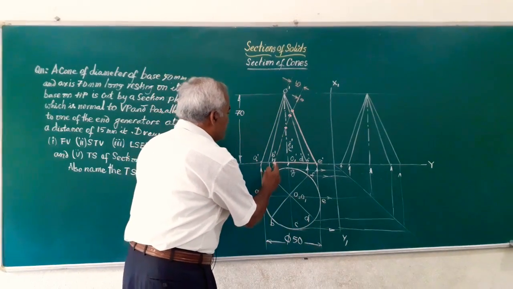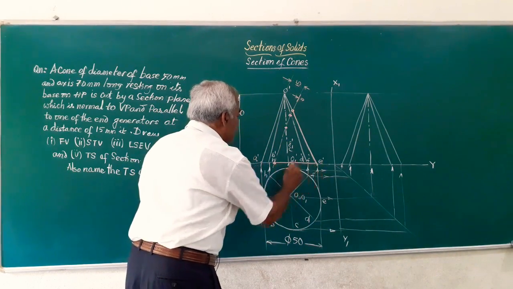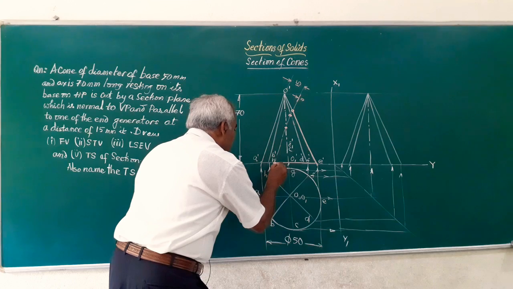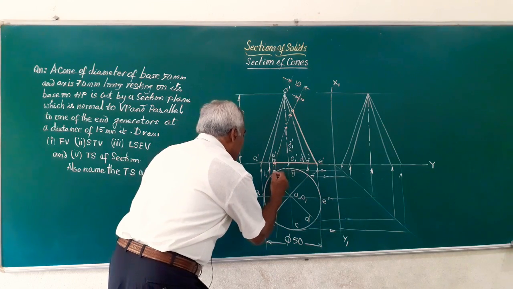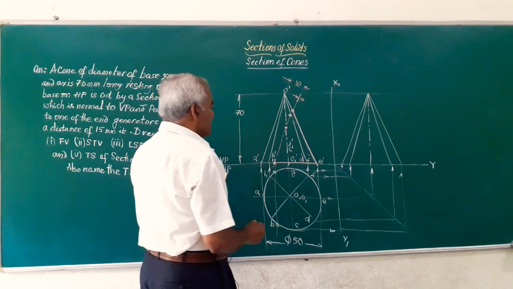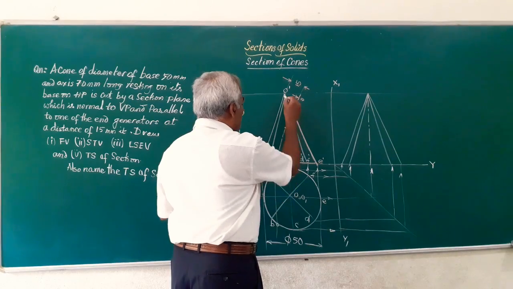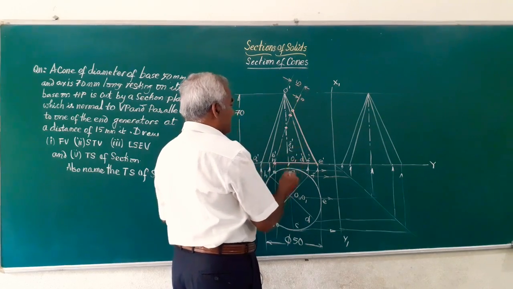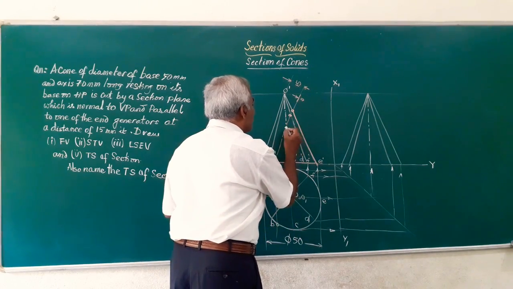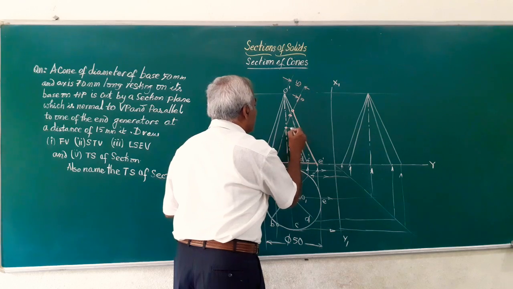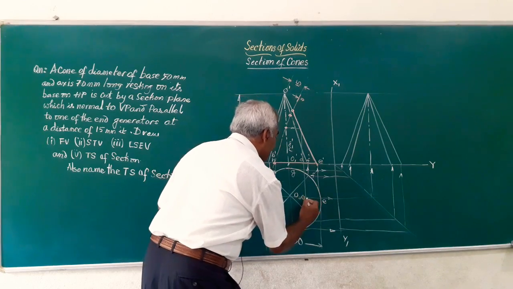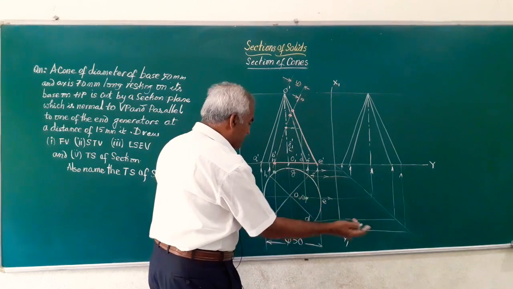So friends, if I start from here, this point is on the base. So from there I am going to draw a vertical line. So from here it is cutting here and again here. Friends, we have got 2 points here, that's on the base. Similarly friends, when you move on, it is cutting O dash C dash, O dash G dash. But when you just draw a vertical, it will not touch here. So for such cases, we have to draw a horizontal line from there till it touches the end generator. From there draw a vertical line till it touches the horizontal line. So we are making that parallel.